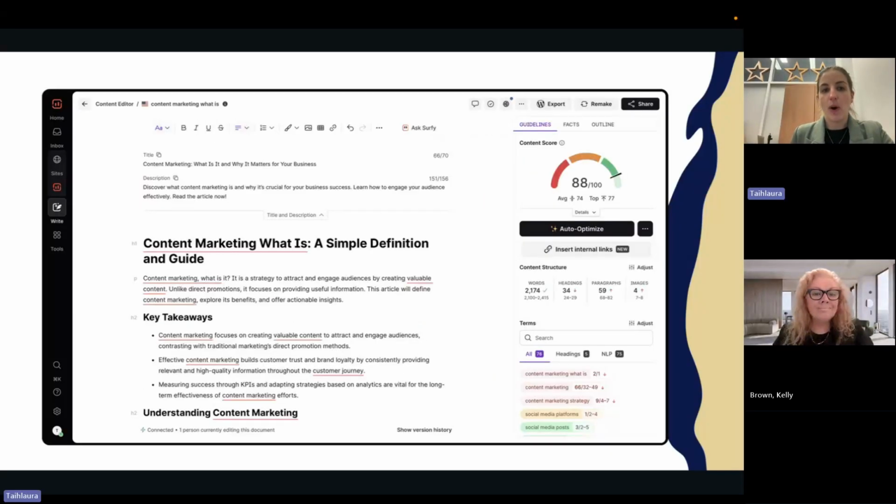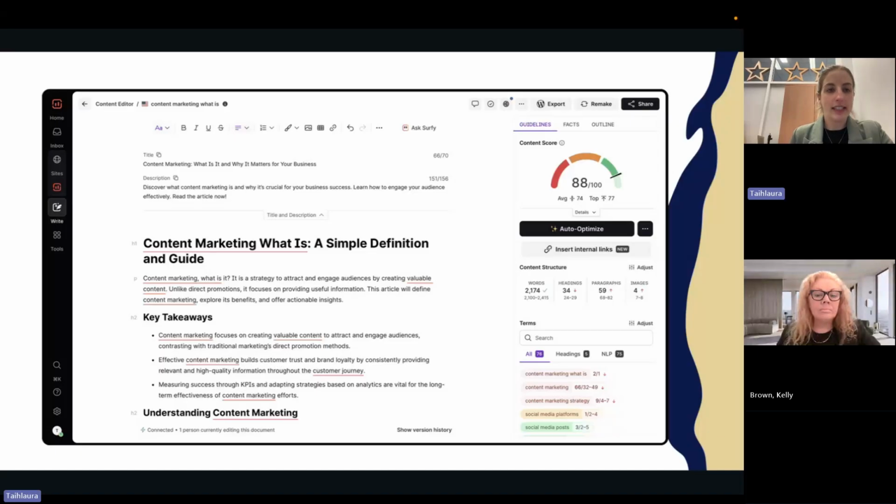So this is an example of the tool Surfer SEO. So what we do within this is we actually give it a keyword that we want to rank for, and then it will go and create a title and description for that from an SEO perspective, but also then go and write the actual information that you should put on that page. And in this instance, it's a blog to tell us what we should write so that we can ensure that it's best practice for SEO.